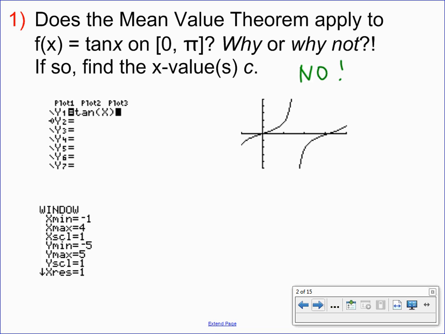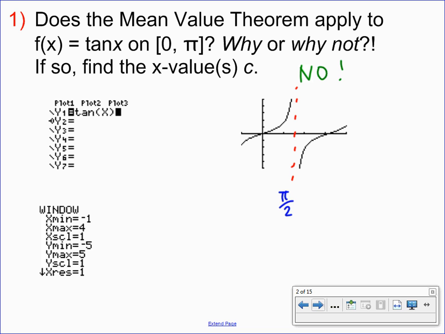to the function y equals tangent of x on the interval 0 to pi because we know there's an infinite discontinuity. Awesome use of the language. There's an infinite discontinuity at x equals pi over 2. And since there's a discontinuity on my interval a to b, then the mean value theorem does not apply. That doesn't mean that there might not be a place where the slope of the tangent is equal to the slope of the secant line. It just means that we're not guaranteed to have at least one such point.